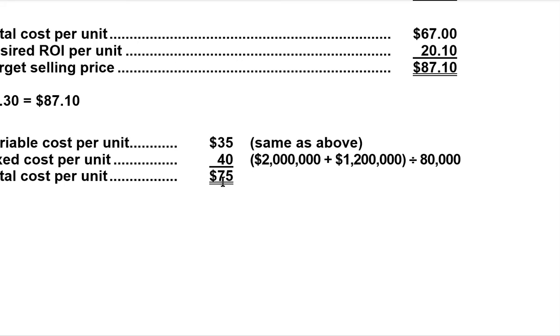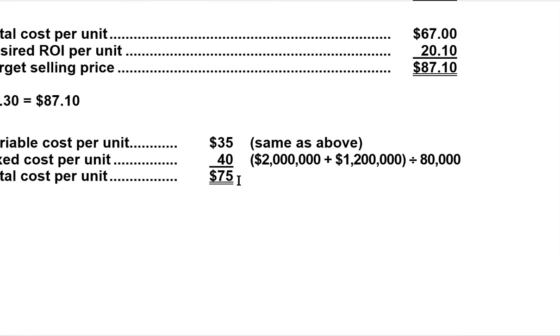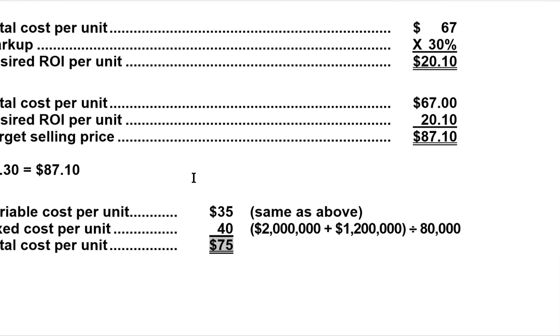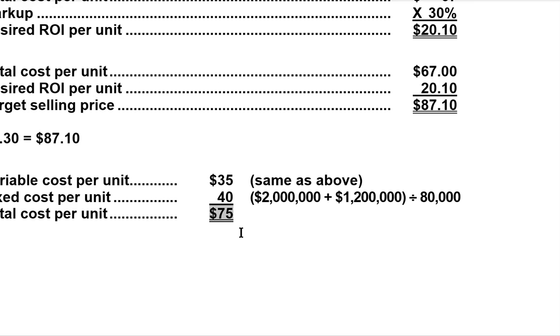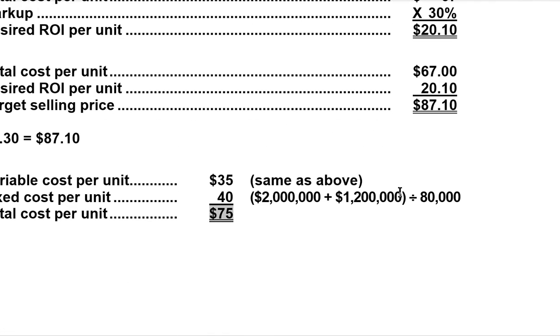Notice that if the ROI remains the same, 30%, this would result in a higher selling price than before. And so one of the takeaways from here would be that your production levels can impact your selling price. And so the higher the volume, the lower your average fixed cost will be, and therefore your unit cost is going to be lower. And even though you have the same markup, in this case 30%, it would give you a lower price. And that's one of the ways that companies can compete, because a price point of $87 is more competitive than a price point of 75